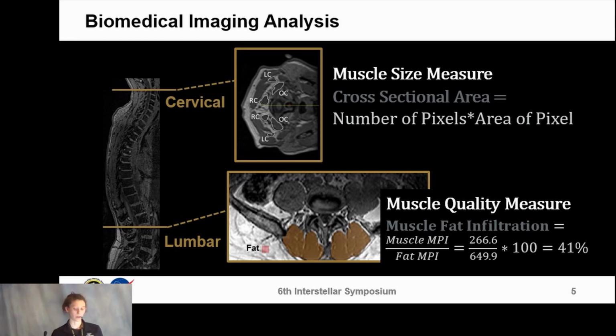To take an actual area measurement, what I can do is take the area of one of the little squares in the image, which is known as an image pixel, which you might be familiar with, and then we multiply that by the number of pixels in my outline segmentation, and that gives us a measure of muscle size. And then for muscle quality, I have an example in the lower spine,